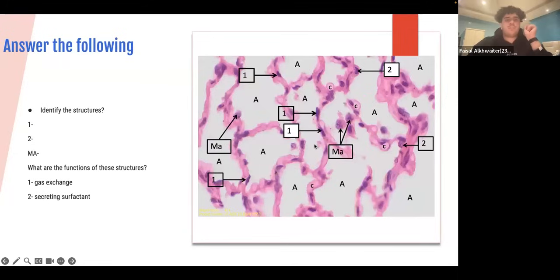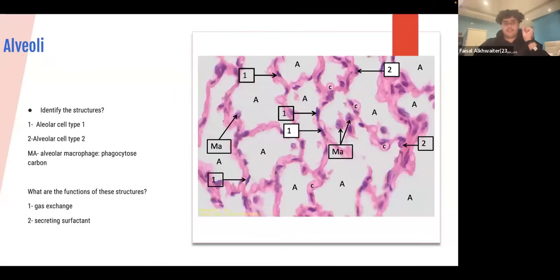So now let's go to the smallest part of the respiratory system, which is our alveoli. Our alveoli are made of 2 types of pneumocytes, type 1 and type 2. Type 1 is squamous, very small, and responsible for gas exchange because it's super thin, closest to the blood vessels, and it allows the passage of oxygen through these thin membranes. Then you've got the alveolar cells, which are type 2, the rounder ones. Those secrete surfactant, which is very important to minimize surface resistance and minimize damage to these